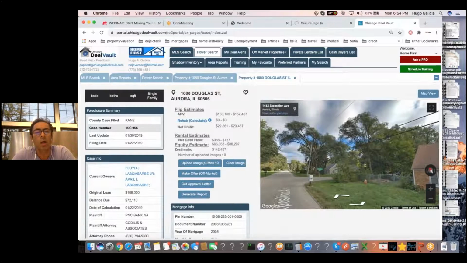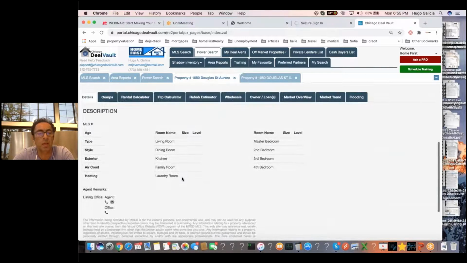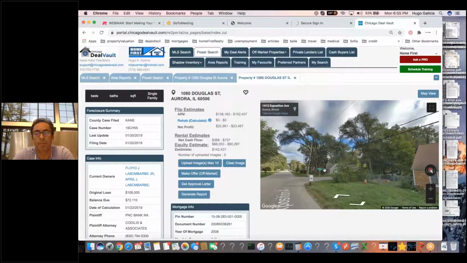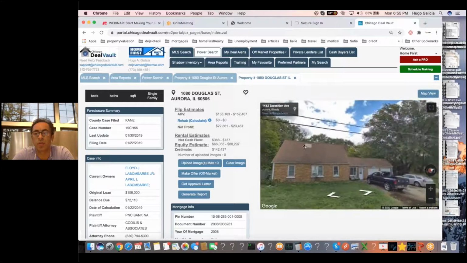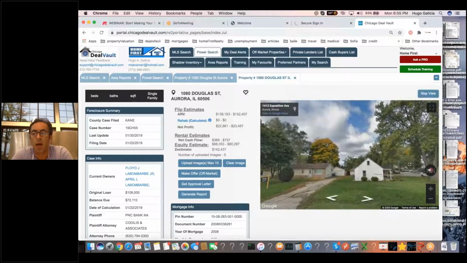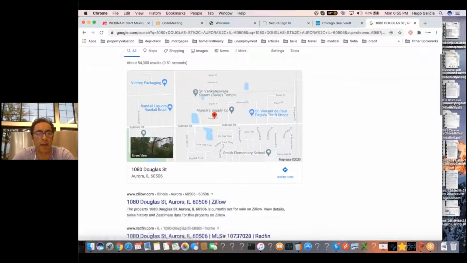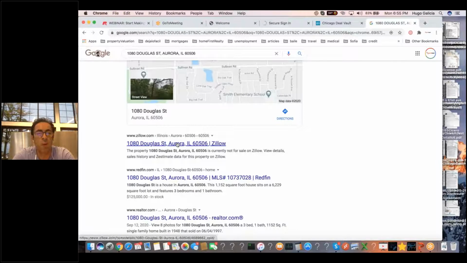So right here, I don't see how many bedrooms, how many baths, the square footage, nothing, okay? As you can see right here on the top, I don't see anything. On the previous listing, I don't see anything. Let me go to the details. They have nothing. Okay, so that's super important for us to know before we even start looking at the property. Okay, so what I'm going to do next, since I didn't get anything here, I'm going to quickly do a search